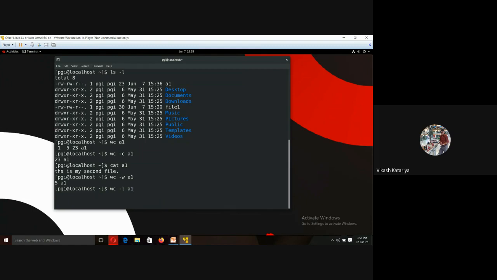For getting the line detail, you have to use the parameter -l. So in the A1 file, we have only a single line. As you can see, this is only a single line, a single record in the A1 file. So this is how the wc command works.